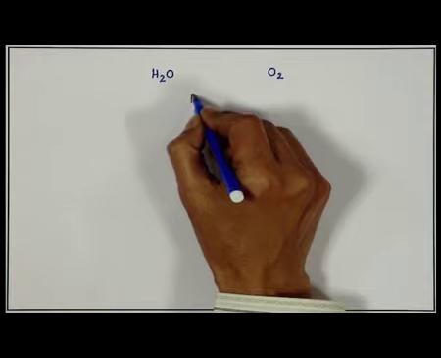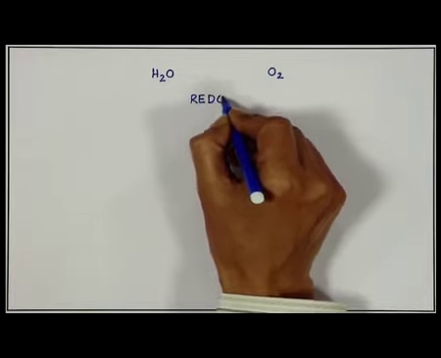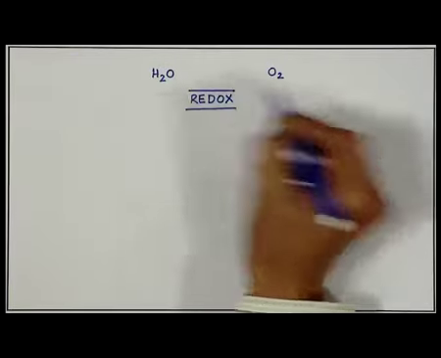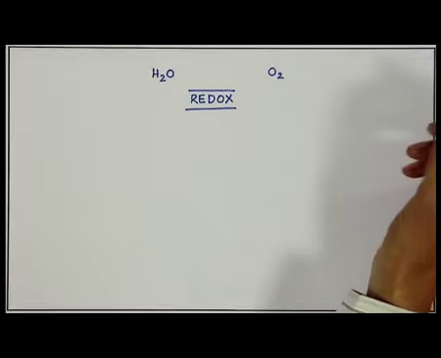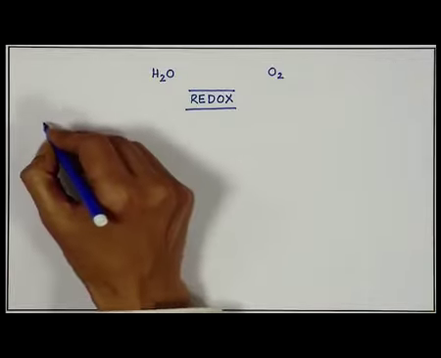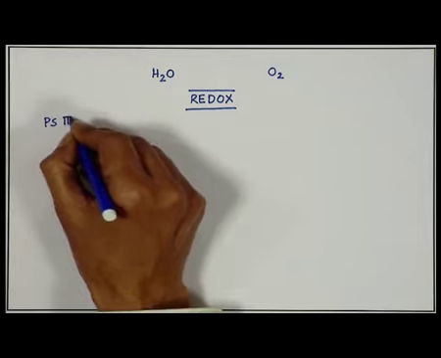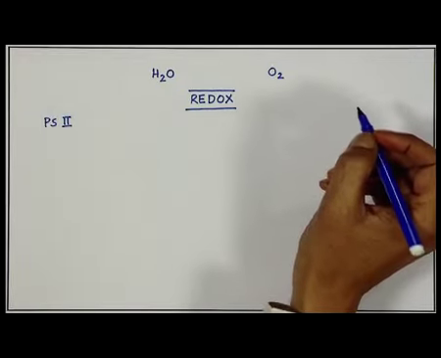And since we are talking about reactions which are either a reduction reaction or an oxidation reaction, we have also seen in the previous class the utilization of photosystem 2, which is a typical natural process, and nature